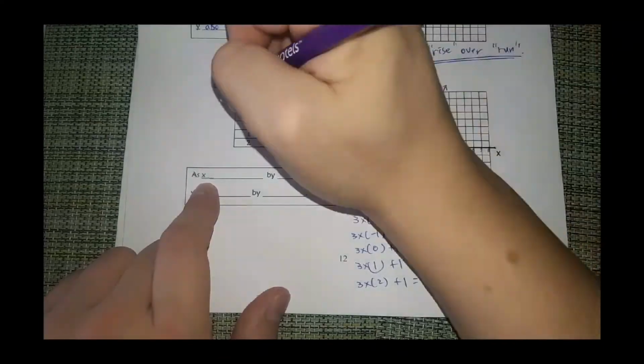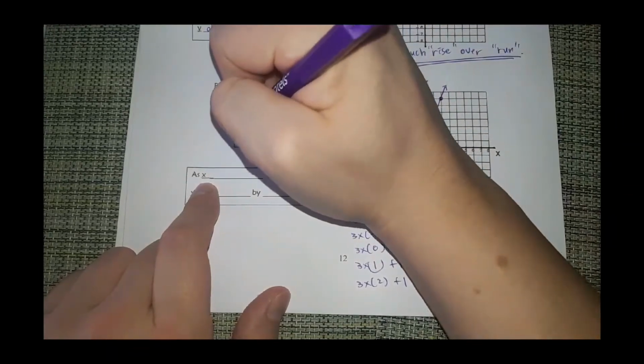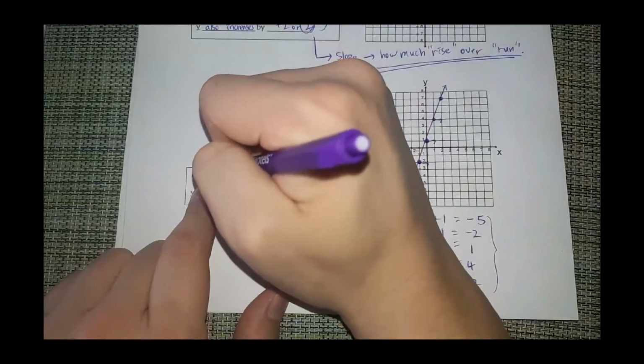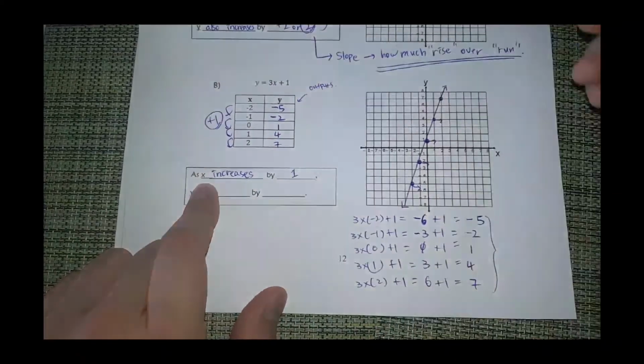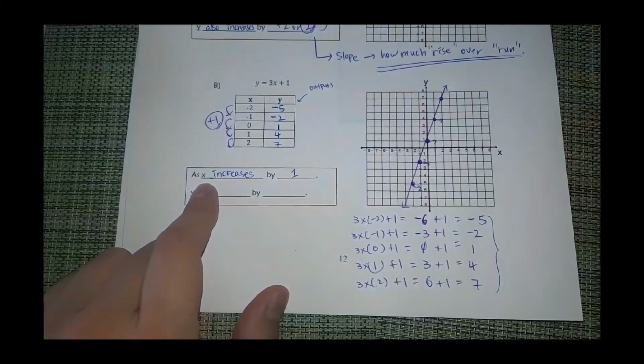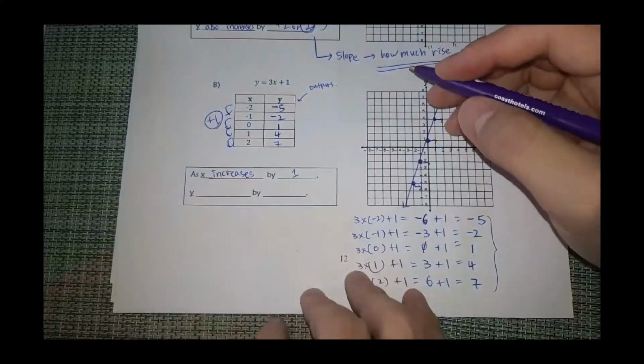As you may notice, everything is increased by 1. So I like to say, as x increases by 1, and to be honest, most of the time x is increased by 1 or 2. But the next one,